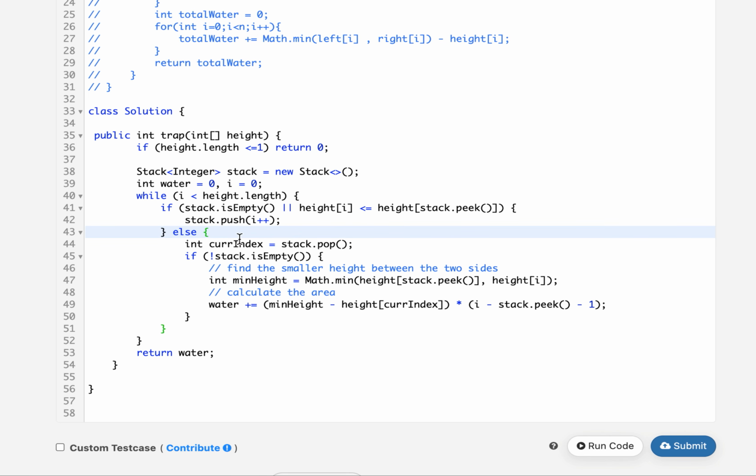Otherwise, I pop out the topmost element from the stack, and if my stack is not empty, I calculate its rightmost boundary and its leftmost boundary. So what would be its rightmost boundary? The rightmost boundary will be height of i. The leftmost boundary would be equal to the height of the topmost element of the stack, and we calculate the minimum of these two so that we get the smaller one out. Then we calculate the area, which is nothing but minimum height minus the height at the popped index, which is acting as the point at which we are calculating the area,